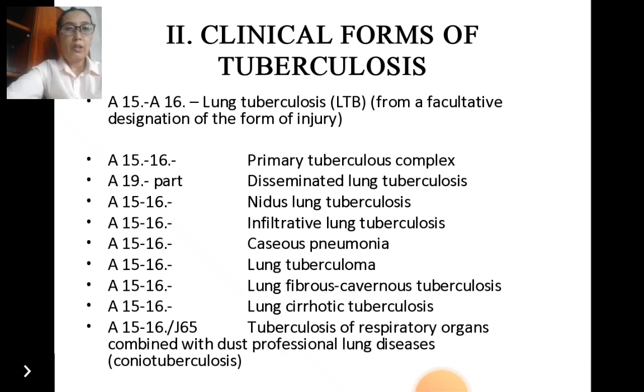A15 to 16. It is lung tuberculosis, primary tuberculosis complex, disseminated lung tuberculosis, focal lung tuberculosis, infiltrative lung tuberculosis, caseous pneumonia, lung tuberculoma, lung fibrous cavernous tuberculosis, lung cirrhotic tuberculosis,